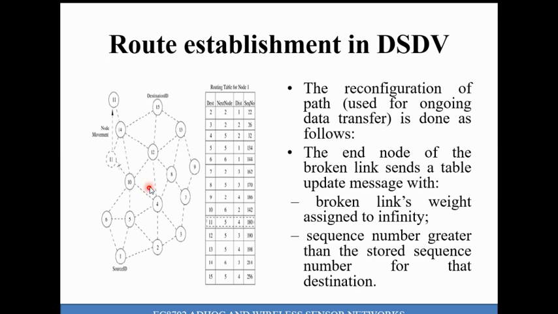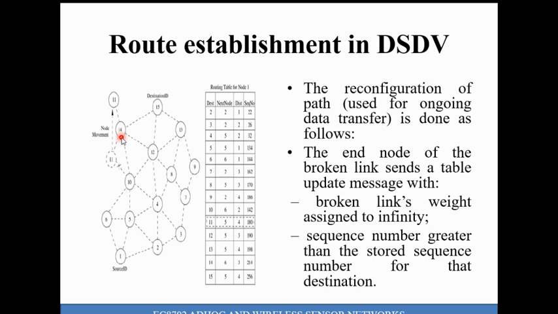All the nodes start to receive this update information, interpret it, and update the table. They will check that infinity is there. So now all the nodes understand that 11 has left here and joined somewhere else. Now node 11 has joined at 14. So node 14 is instantly aware that node 11 has newly arrived and joined here. In order to reach node 11, we can reach only through 14.